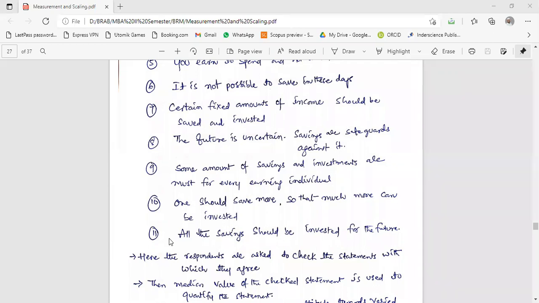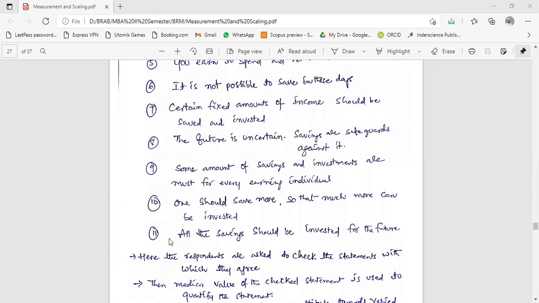If you did not save, if you did not invest, then every month you have to wait for your salary, on what date it will come, and how you have to spend. It should not be like that. Our Indian economy is totally based on the savings system. Indians are totally relying on saving. People will not get sleep if they do not have at least 1 lakh rupees of bank balance. Whereas the Western economies are totally based on spending. They spend more. If they did not spend, they don't get sleep there.